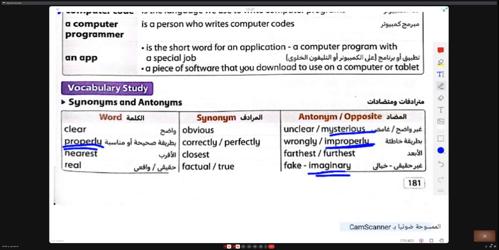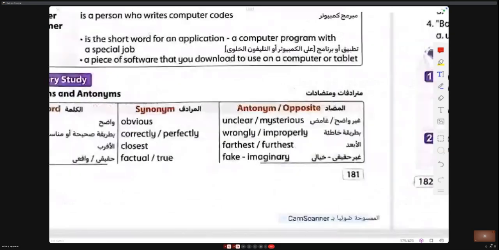Imaginary, factual. Okay, clear, obvious, unclear, or mysterious. Properly, correctly, perfectly, wrongly, improperly. Nearest, closest, farthest, furthest. Real, factual, or true. Fake, or imaginary.